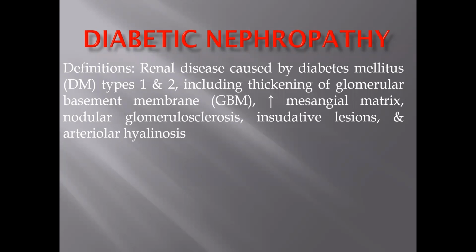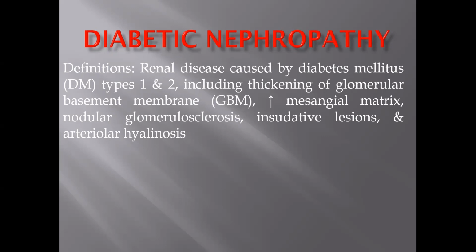So today we will discuss diabetic nephropathy. Simply by definition, how the long-term hyperglycemia will affect the renal tissues, and what are the segments in the renal tissue that can be affected by long-term hyperglycemia. In the long term, it can affect the basement membranes of the glomerular capillaries, the basement membranes of the tubules, the basement membrane of the Bowman's capsule, and the basement membranes of the arterioles as well.